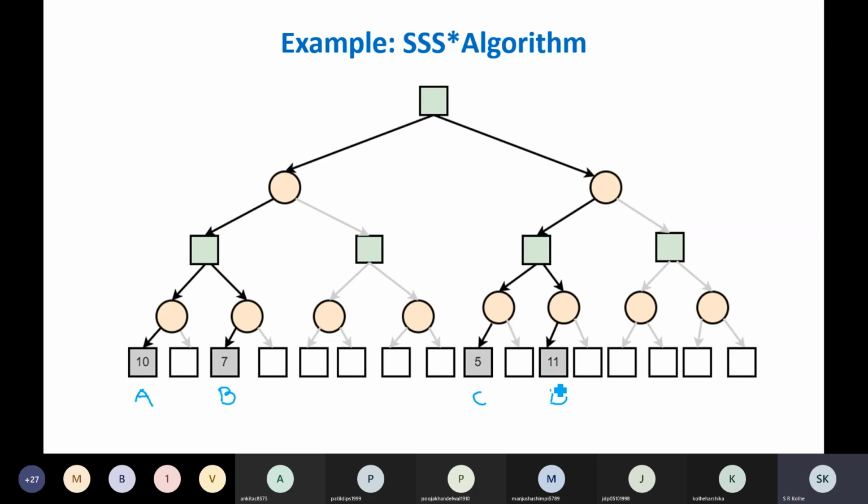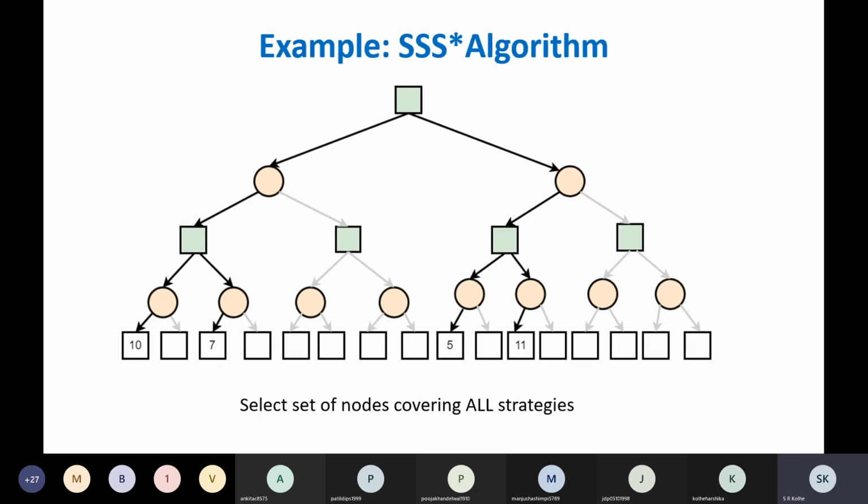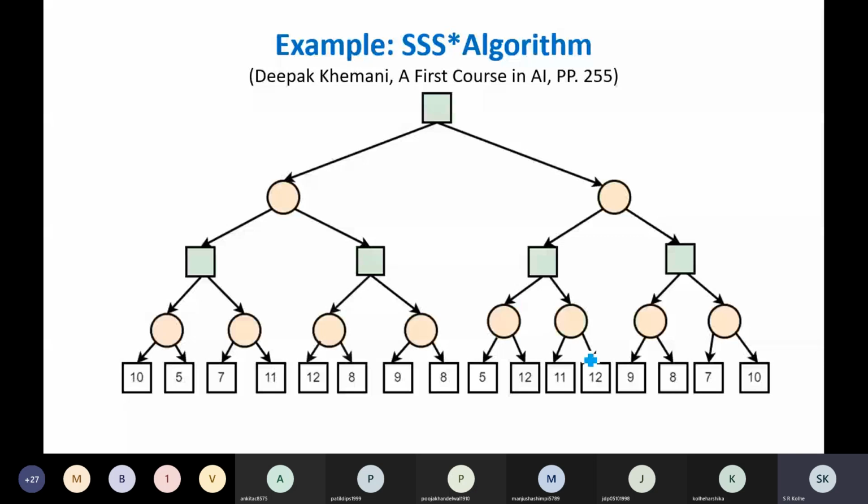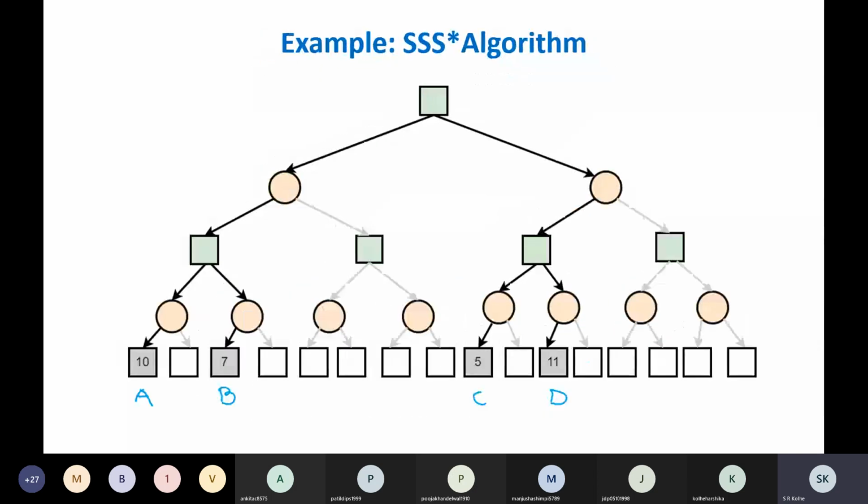Now it is labeled as solved because it's a terminal node. It's a max. So since it has a sibling, evaluate it. If you evaluate it, what is its value? That value is, come to this, that value is 12. So therefore the value of this node evaluated will be 12. Right?